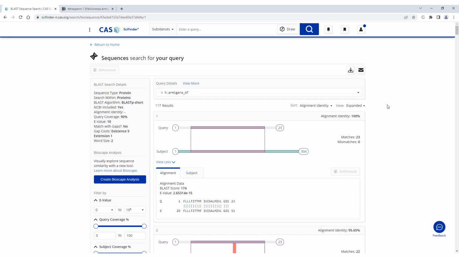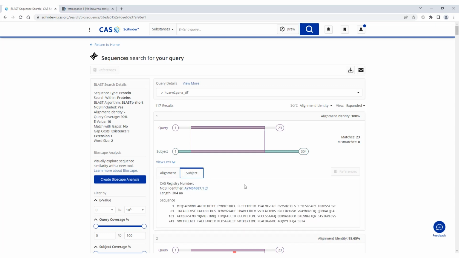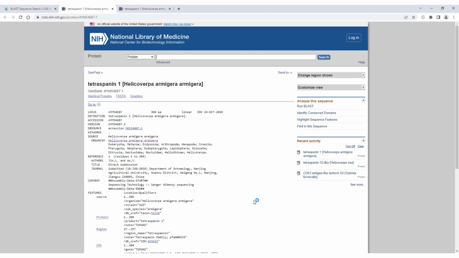Okay, so here in the sequence tool, I can see this cartoon of the sequence I was searching for, the query sequence, and where it was found in the subject sequence, in this case between residues 29 and 51. To view a little more information about that, I can go to the subject tab. In this case, the sequence actually came from the NCBI database. A nice feature here is that there will be an identifier that I can click on and then actually fly into the NCBI database. And here it's going to show me this information, basically the Latin name for the cotton bollworm, and I'll read